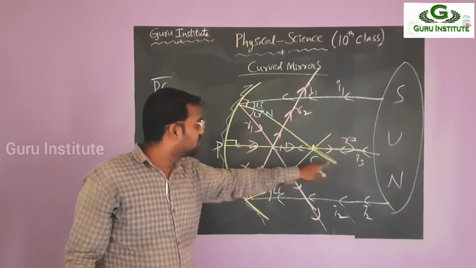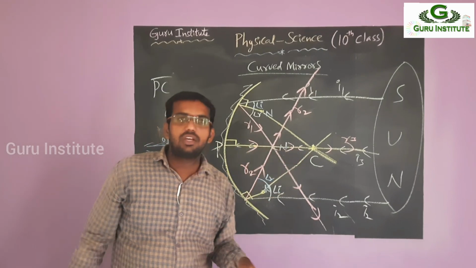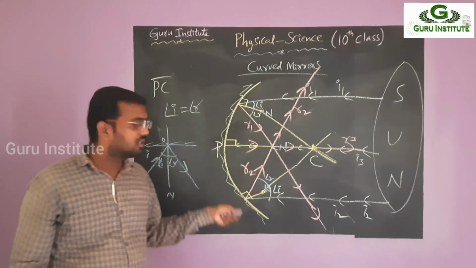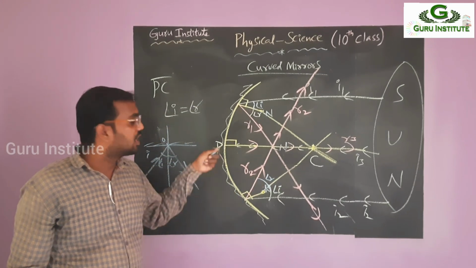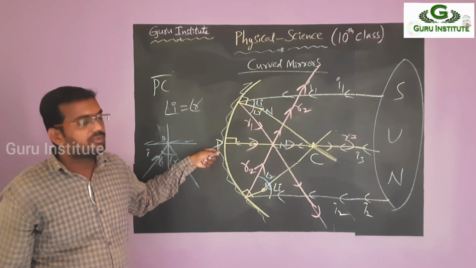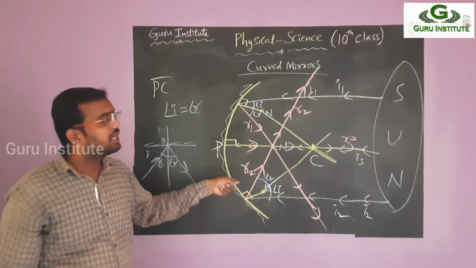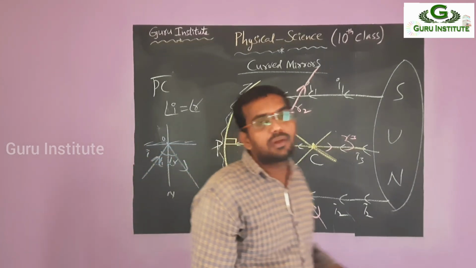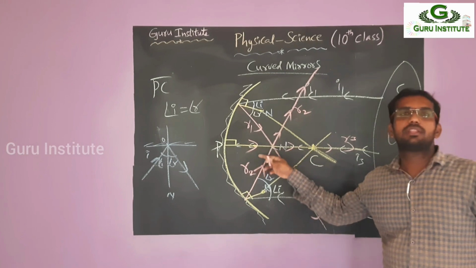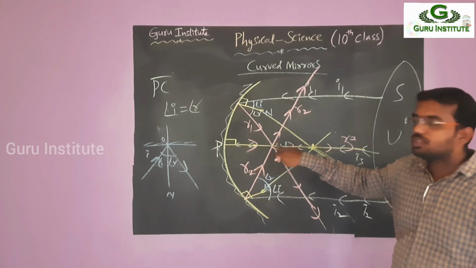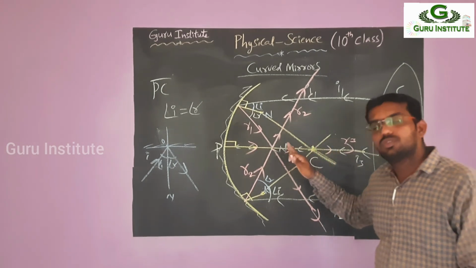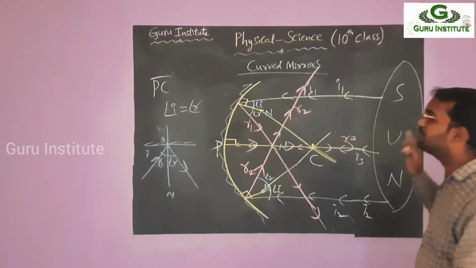In the case of the third one, this is called the principal axis. What is the principal axis? It means the main axis of this curvature, that is, this concave mirror. It is the axis or normal that goes through the pole of the mirror. Pole means nothing but the midpoint of the mirror. So that is called the principal axis. Whenever the ray is passing along the principal axis, what will happen? This is the normal, right? So the angle between the normal and the incident ray is 0, so the reflected angle is also 0, and that is why it goes back along the same line.